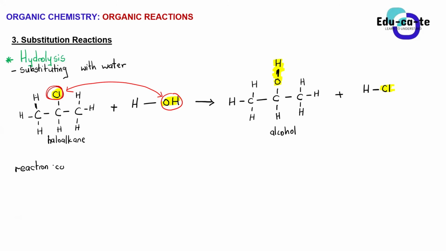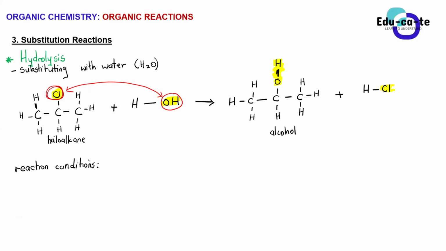Let's just write our reaction. Okay, so for us to have a substitution reaction taking place, this hydrolysis specifically, when we are substituting with water in hydrolysis reaction, we are going to require sulfuric acid as well, but we are not going to use it as it is. We are going to use dilute sulfuric acid.